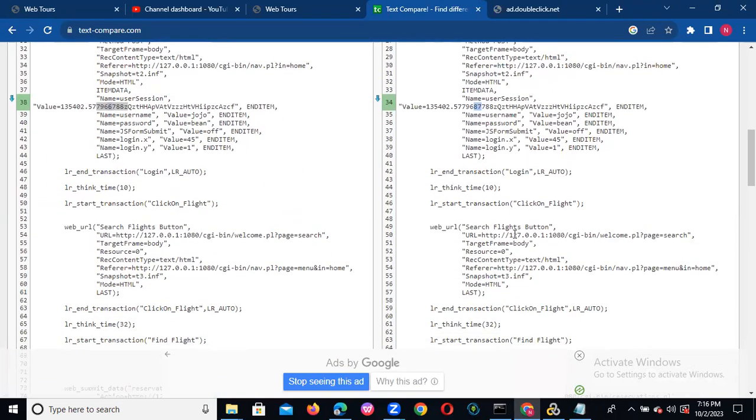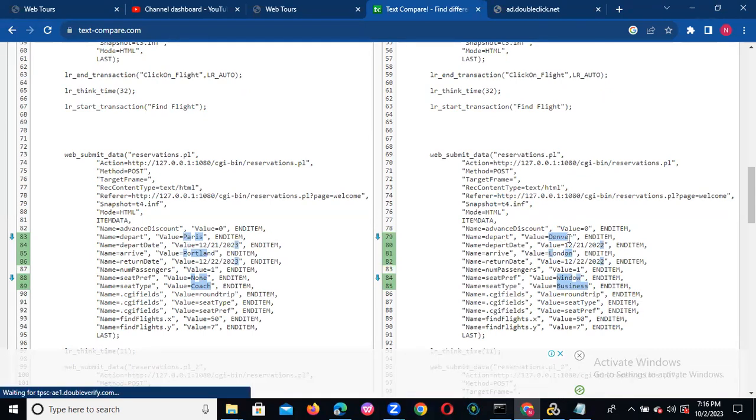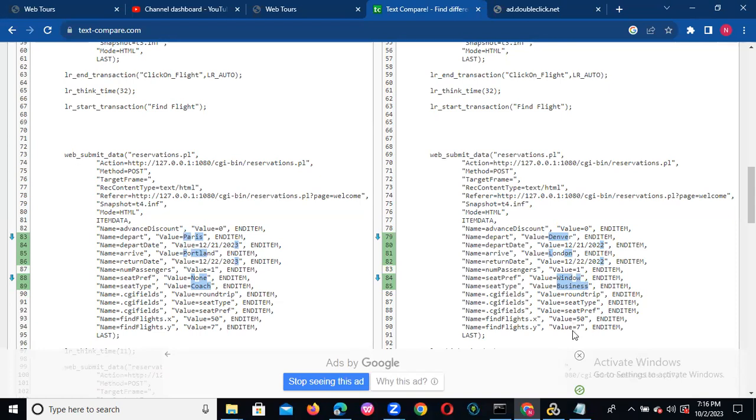Next, come down. This is the click on flight. Here there is no difference, and you can come here. You can observe the departure city here is Paris, and here it is Denver. Both are different, because every user does not select the same departure city and the same arrive city, yes or no? That is why you need to handle this dynamic value,